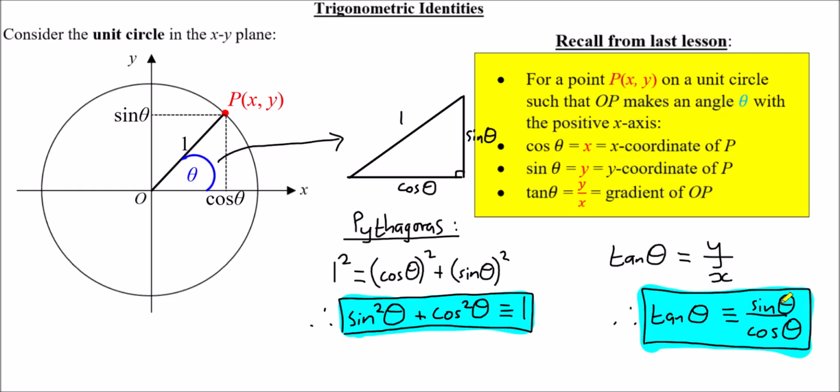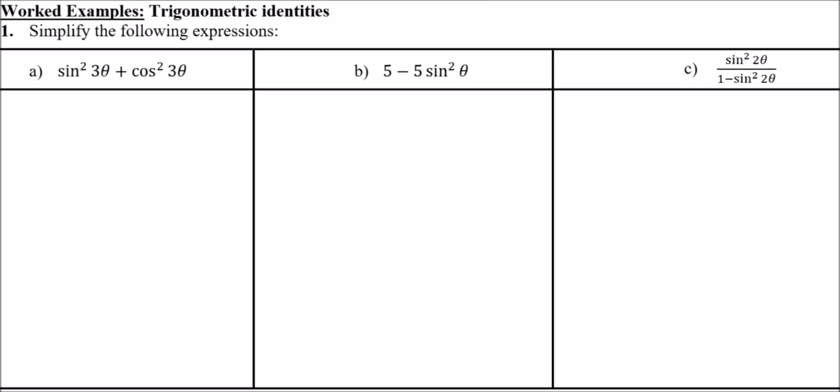So what I'd like to do now is just to have a look at these in a bit more depth and show you how they are useful by means of a few worked examples involving these trig identities. So first of all, we've got 3 parts to this where we need to simplify each of these identities. So first of all, let's start with part A, which is sine squared of 3 theta plus cos squared of 3 theta. So the identity from before was sine squared plus cos squared